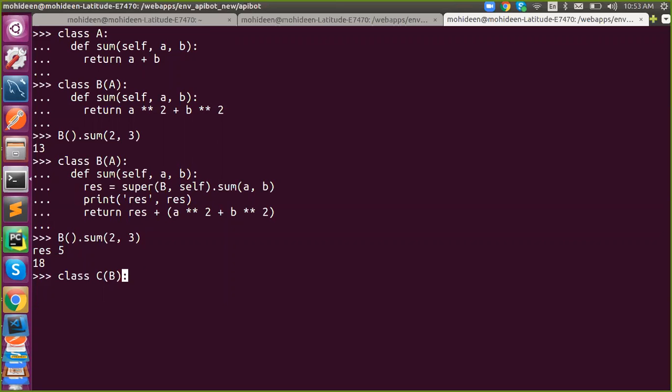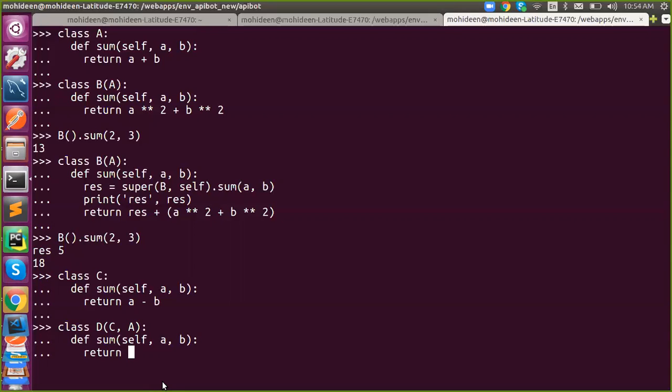I will recreate one more thing: def sum, the hard coded one, where I will say return A minus B. In class B, I'll say C comma A. So I said B comma, the class name B comma, self dot sum and A comma B. So you all know what happened.